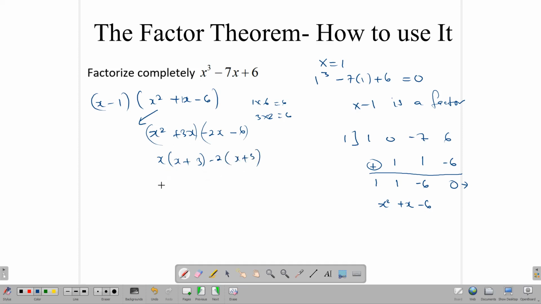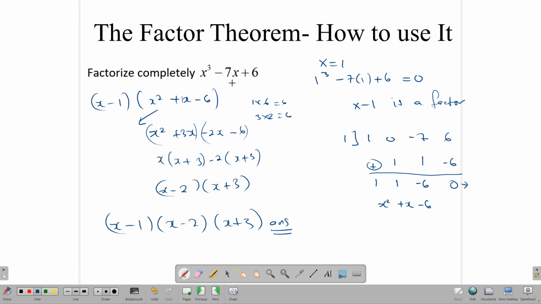And of course, that gives us x minus 2 and x plus 3. And so to factorize completely, what we have therefore is x minus 1 times x minus 2 times x plus 3. And there we applied the idea of the factor theorem to solving this, because once we found